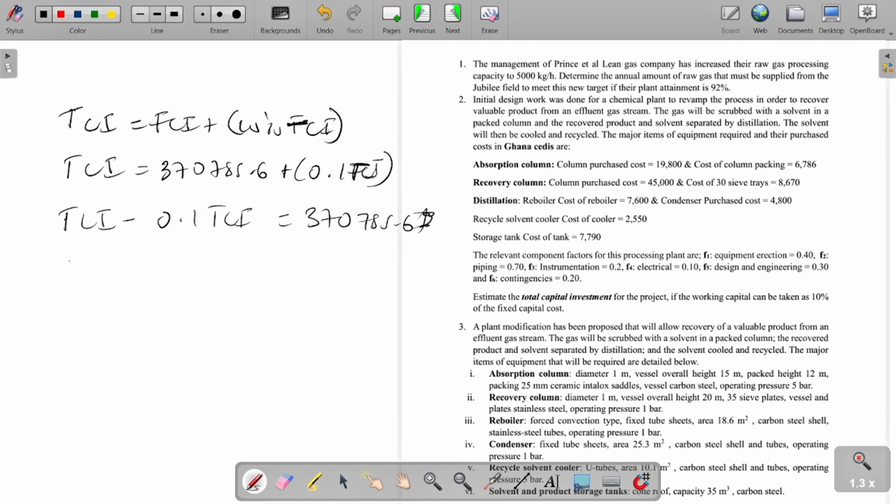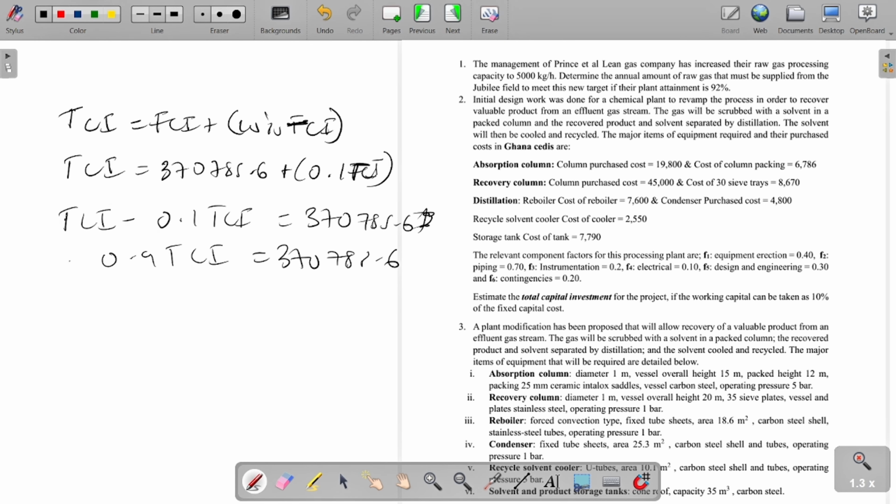Over here, I have to subtract the TCI because I'm finding the TCI. So 1 minus 0.1 gives me 0.9, so I have 0.9 of the TCI